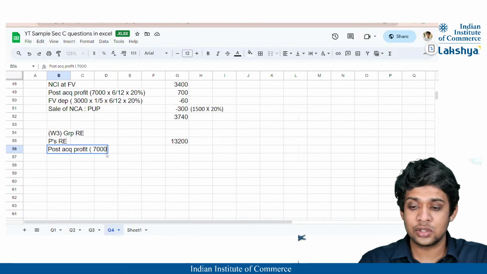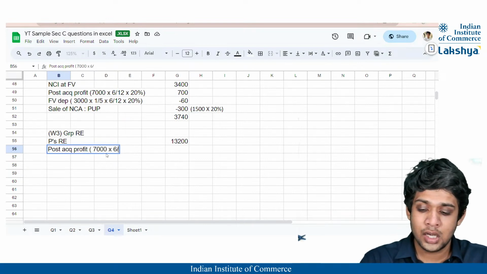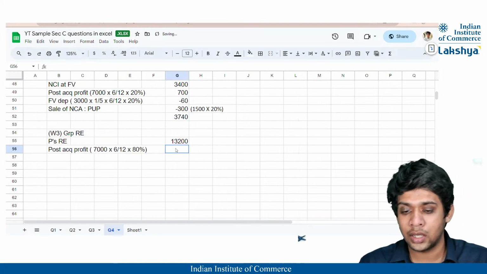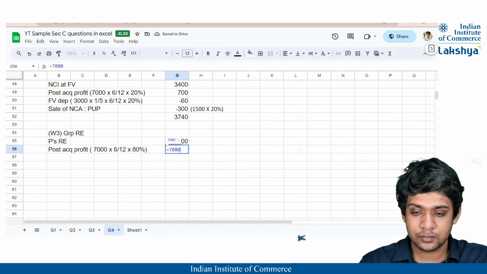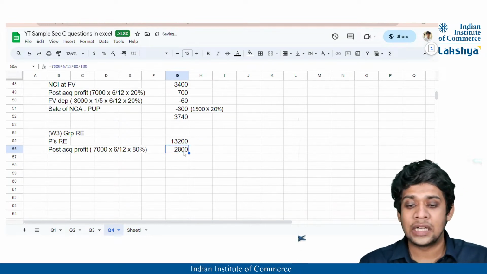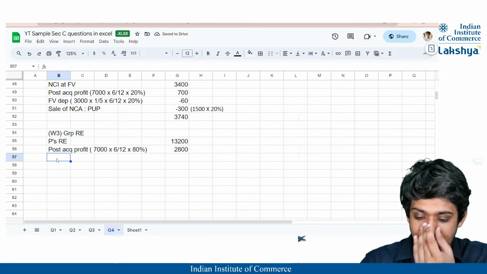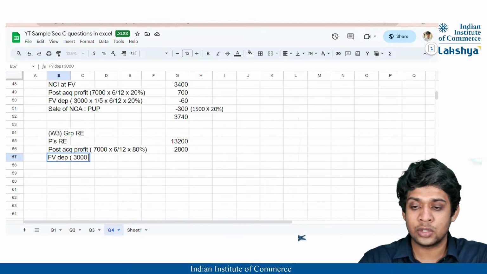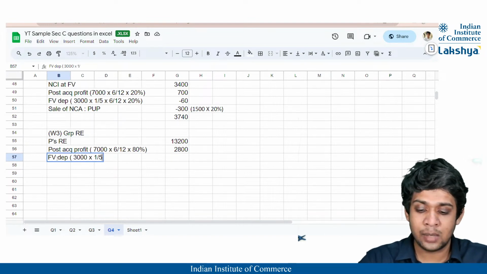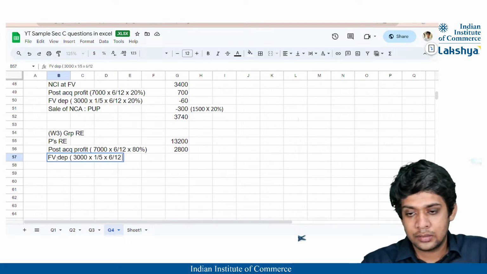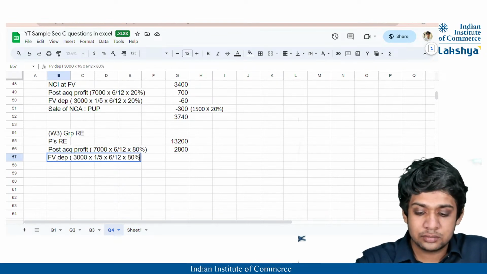दैट इज 7,000 जो है सब्सिडरी का प्रॉफिट फॉर द ईयर है, हमने 6 महीने के लिए एक्वायर किया, इनटू हमें 80% मिलेगा ग्रुप में, करेक्ट। 7,000 into 6 divided by 12 into 80%. So that will be 2,800. फिर फेयर वैल्यू डेप्रिसिएशन जो है ग्रुप को भी चार्ज होगा, राइट। वो तो एनीवे चार्ज होता है, खाली हम लोग अलग से दिखाते नहीं है क्योंकि हमारा एडजस्टेड प्रॉफिट आ जाता है नेट एसेट्स ऑफ सब्सिडरी एट एक्विजिशन में डायरेक्टली इनटू 80%।